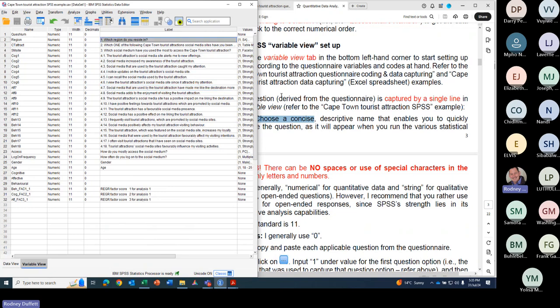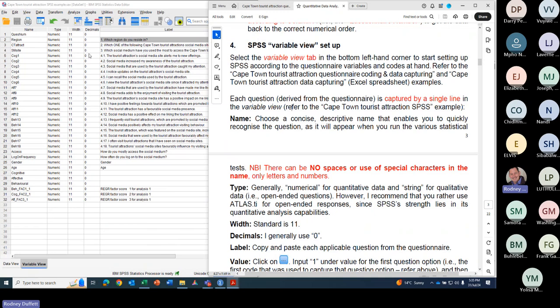If we start off with the name label, you just provide a little summary name that will help you identify this question, because there are different views. You can decide whether you want to see the name and the label, or just the name, or just the label in your data analysis later. So you give it a short name. For region, you could call it region. For Cape Town Tourist Attraction, you could abbreviate it CT Attract. But remember, there can be no spaces in the name column,